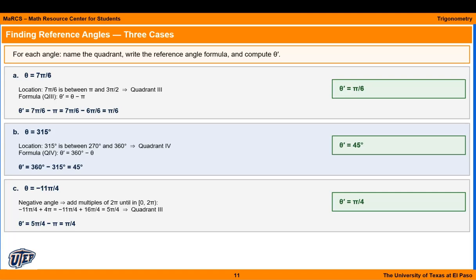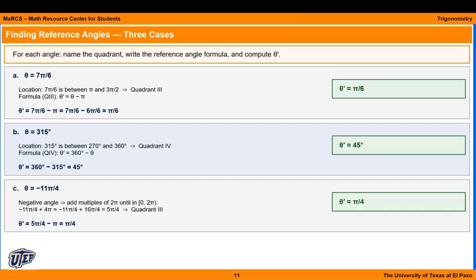Let's look at a few examples. For 7 pi over 6, the angle lies in quadrant 3. The reference angle is 7 pi over 6 minus pi, which is equal to pi over 6. For 315 degrees, the angle lies in quadrant 4, and the reference angle is 360 minus 315, which is equal to